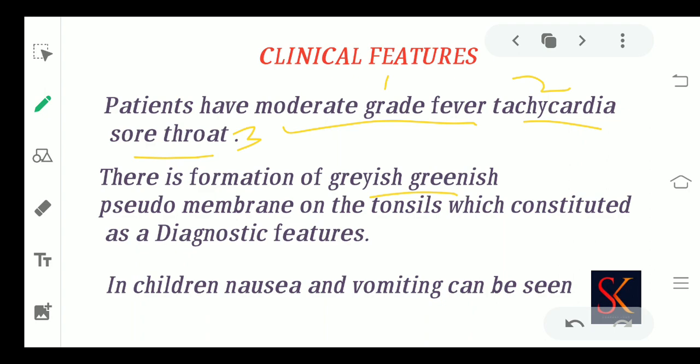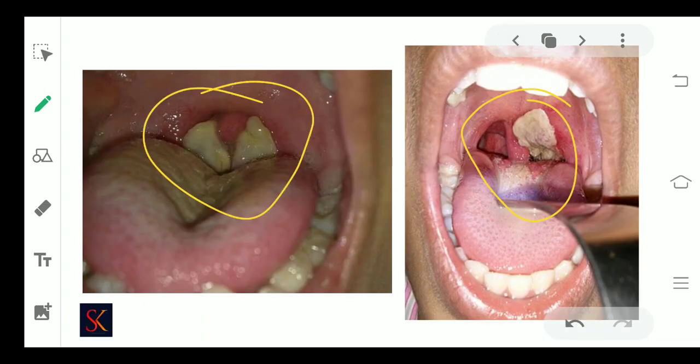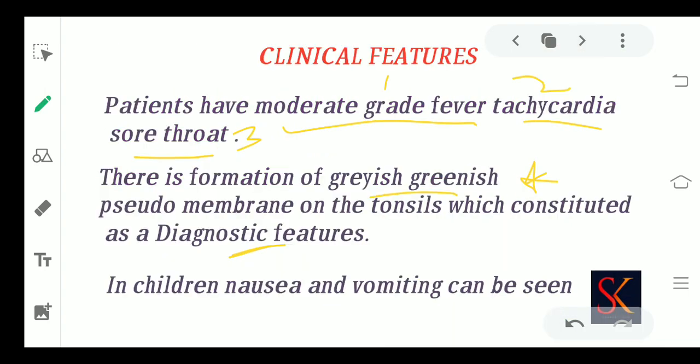Now, always remember, whenever I say diagnostic feature, it means that this feature is very, very important. Any diagnostic or characteristic feature is a feature which will help you to determine the disorder. So, you need to remember this by heart, that whenever there is any grayish-greenish appearance or pseudomembrane formation, as in this figure, especially in the tonsil region, then it is said to be diphtheria. Okay, this is the first clinical feature we need to remember.